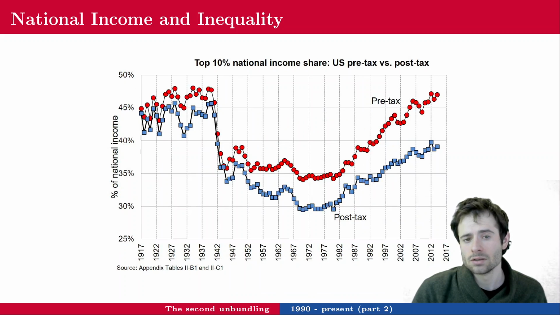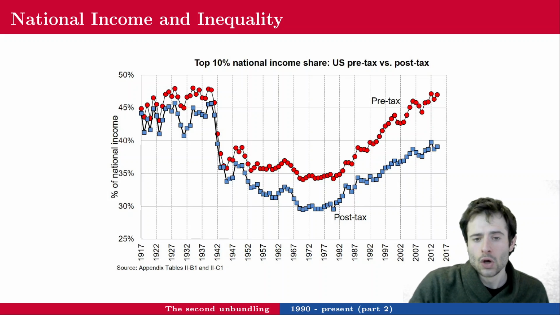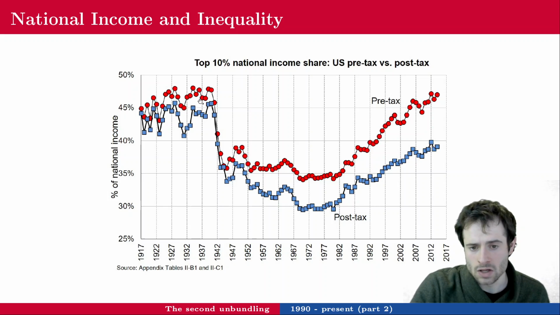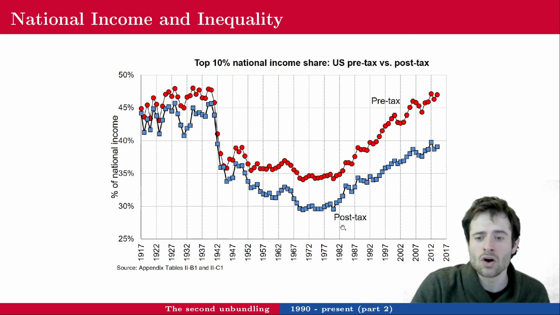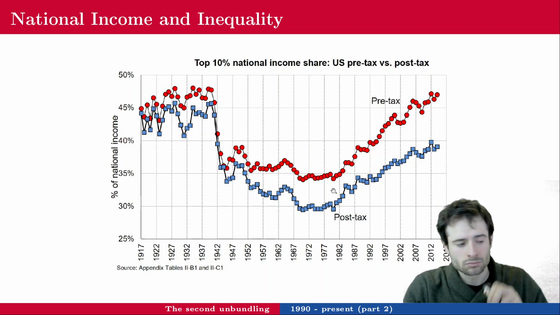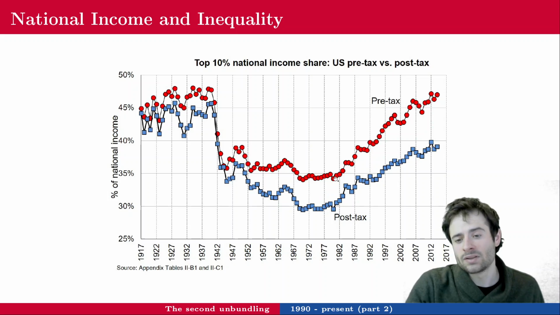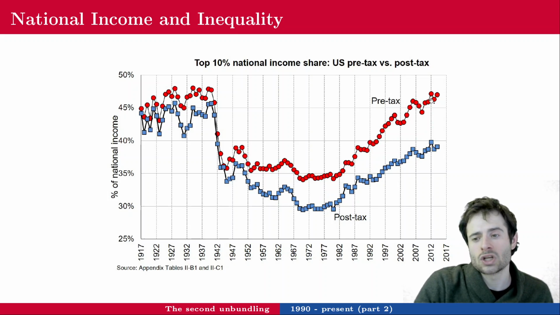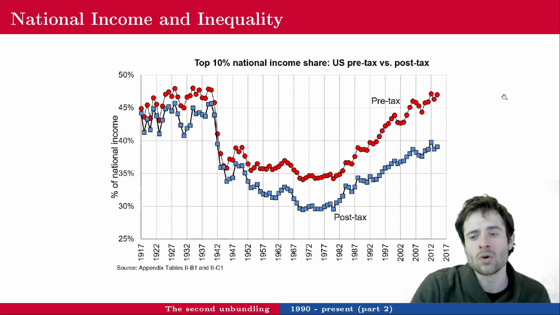On the other hand, the top 10%, so the 10% richest people in the US, had a dip in their share of national income from the 50s to the 80s to the 90s, and then it increased again. So over time, at some point, the rich got poorer. They're already rich, but eventually they went back to the rich getting richer, and this is still something we observe today.